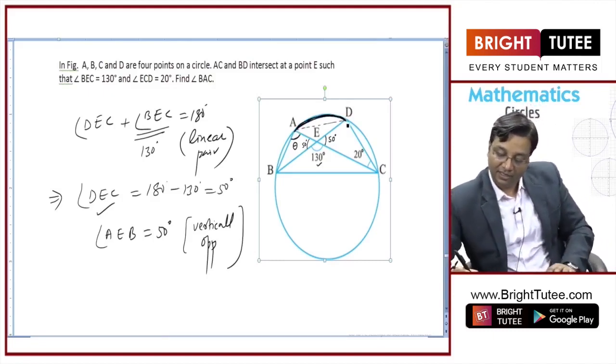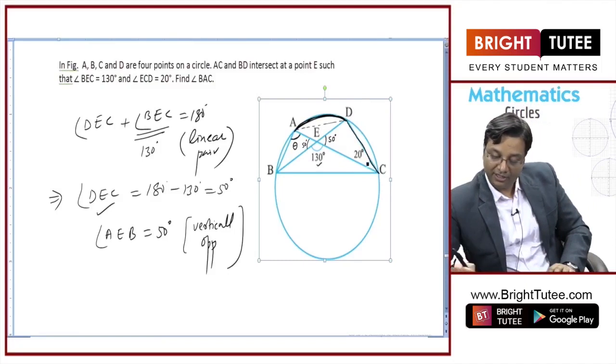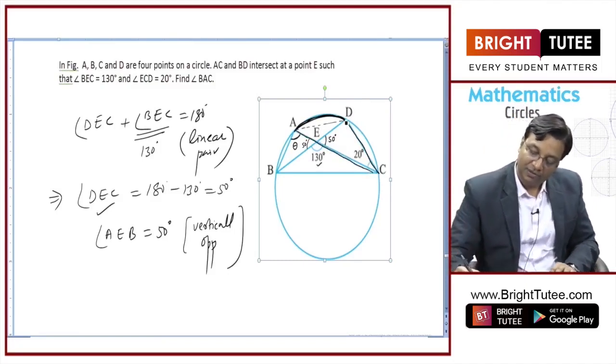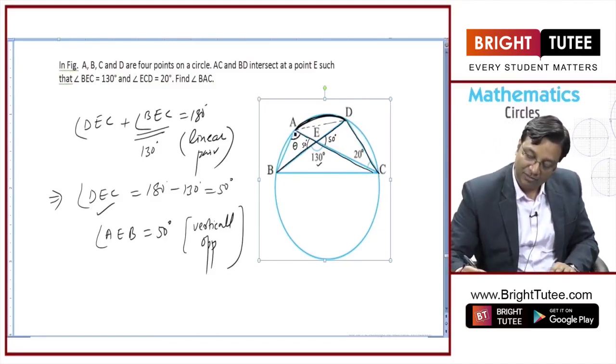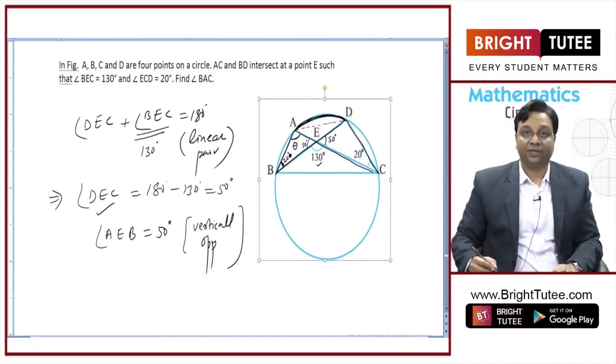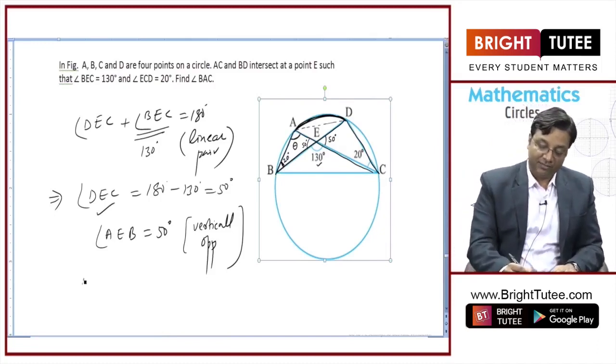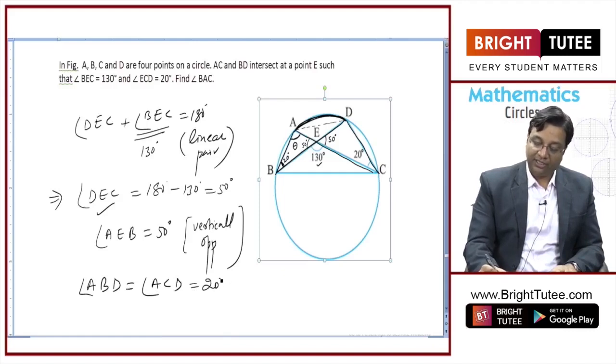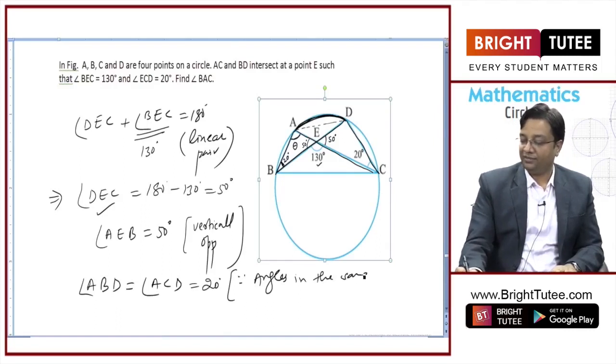It makes an angle of 20 degrees here. So if I want to ask you about this angle, what will be this angle here? This will also be 20 degrees. Why? Angles made in the same segment. Angle ABD is equal to angle ACD is equal to 20 degrees. Why? Because these are angles in the same segment